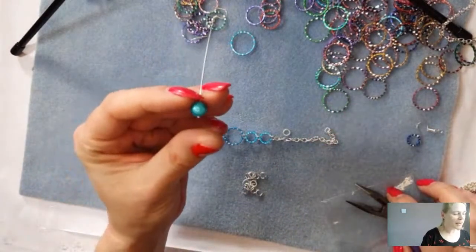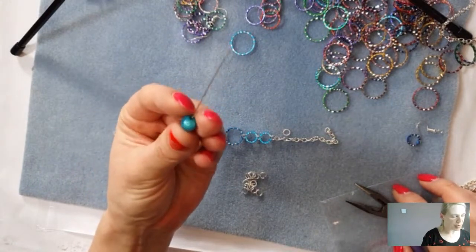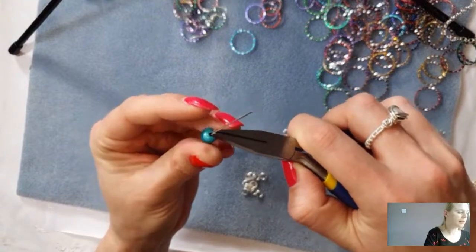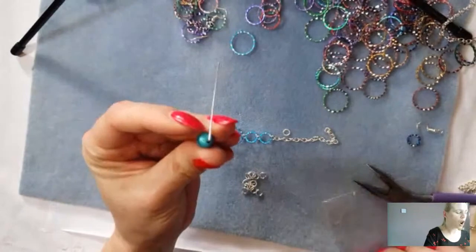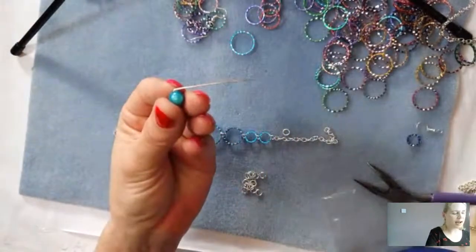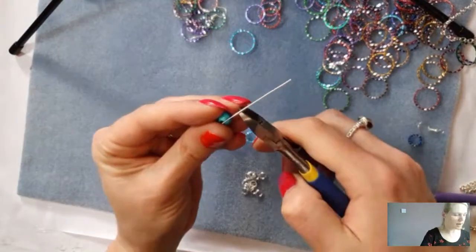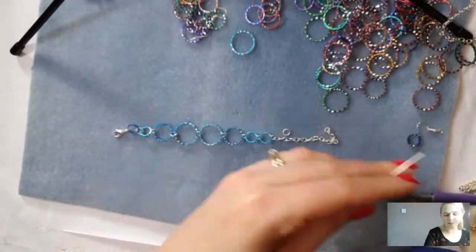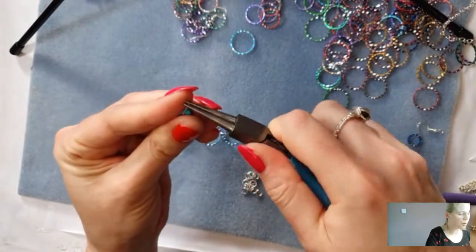Okay, so I've just put my bead onto my pin. I'm pushing that down with my thumb so it's going all the way to the end. I'm going to give this a bend. Now I always bend my pins close to the bead or whatever I'm using, and I give that a 90-degree bend, and this means that once I've cut it to around a centimetre or so, when I start to roll that back up,